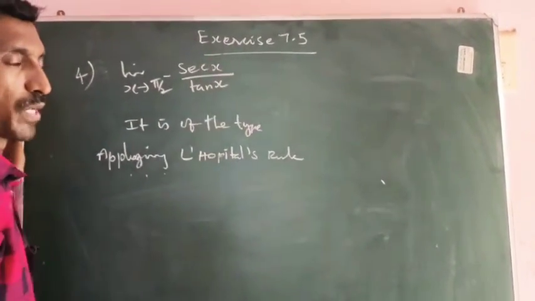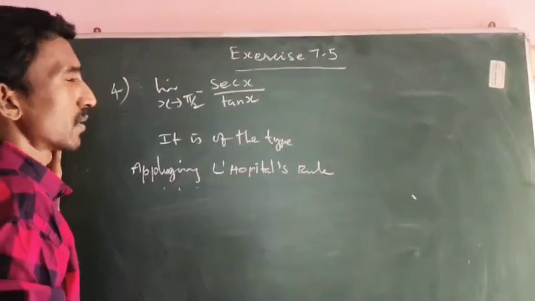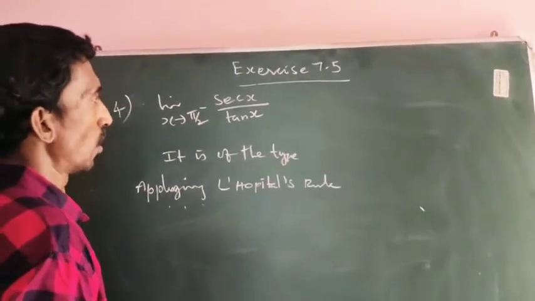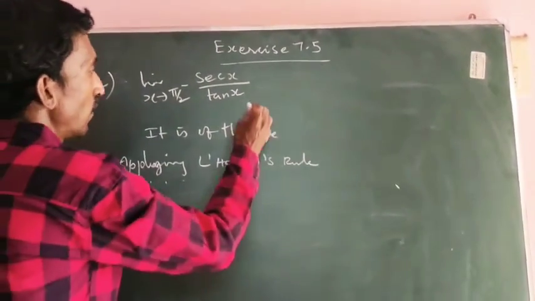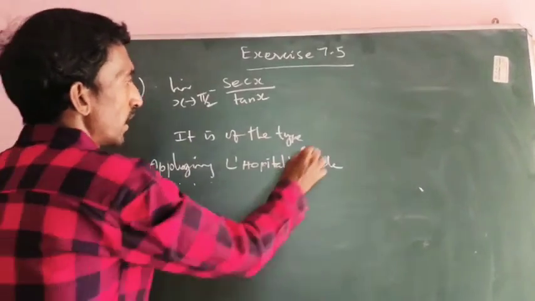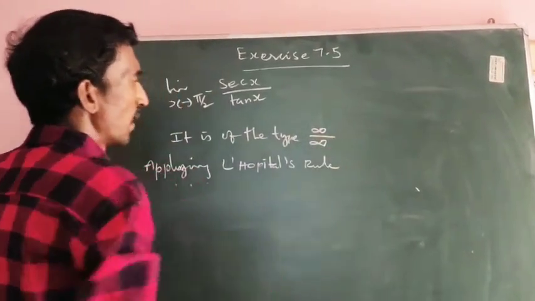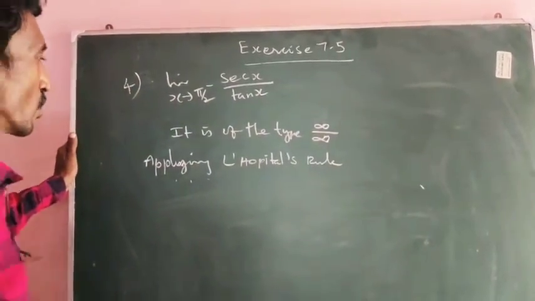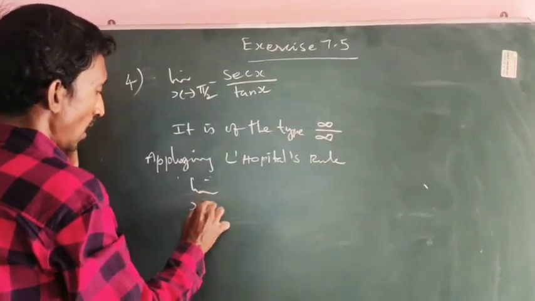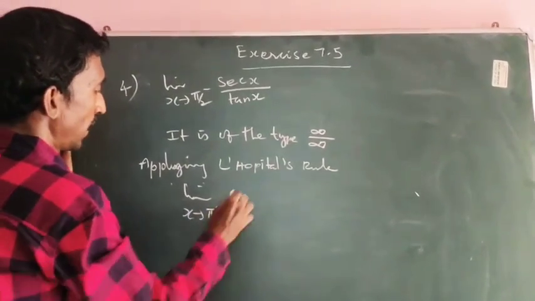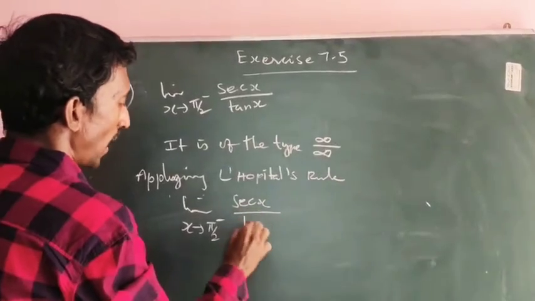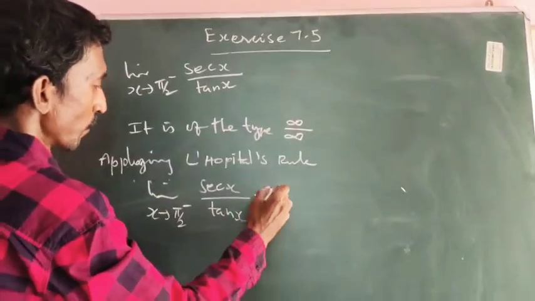So secant pi by 2 means 1 by cos 90, which is 0. So 1 by 0 is infinity, and tan 90 is infinity. So again it is of the type infinity by infinity. So applying L'Hopital's rule, limit x tends to pi by 2 minus secant x by tan x equals